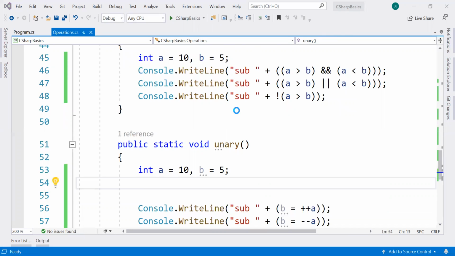One is 11, another one is 10. Why is it not decrementing?